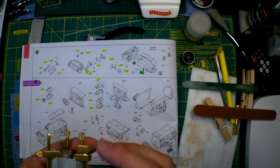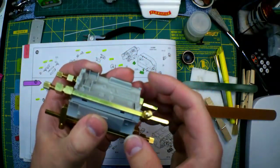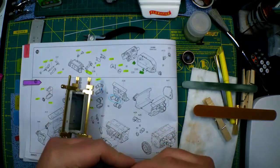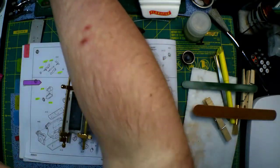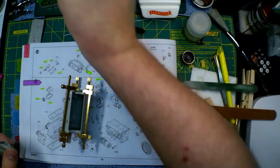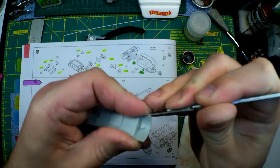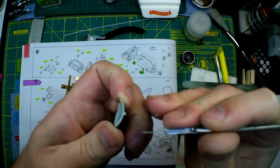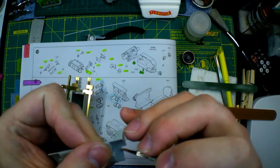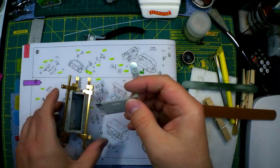Wow, this thing is just a horrible fit. Look at the gaps on this. This is a nasty fit. I can't figure out why. I hate to say this, guys, this may be the end of this video until I figure this out. It'll be the next update on putting this top piece on, because I can't figure out why. For one, the gaps, I mean...